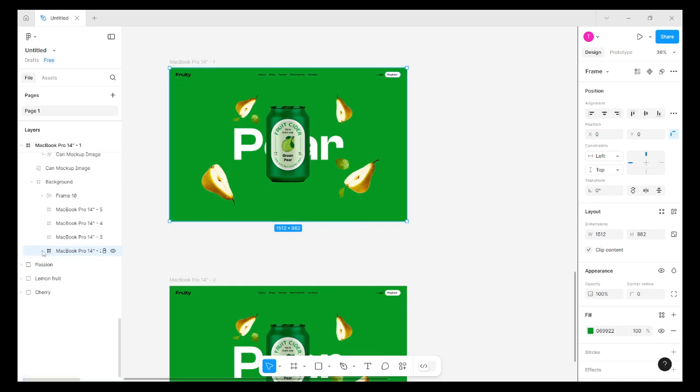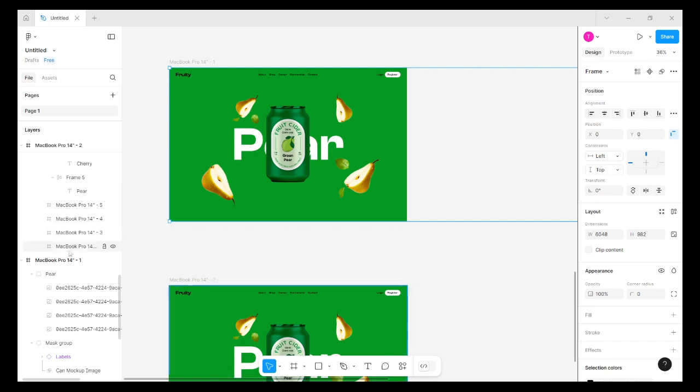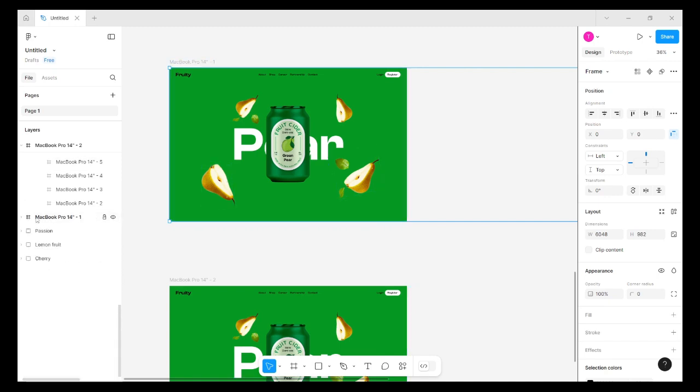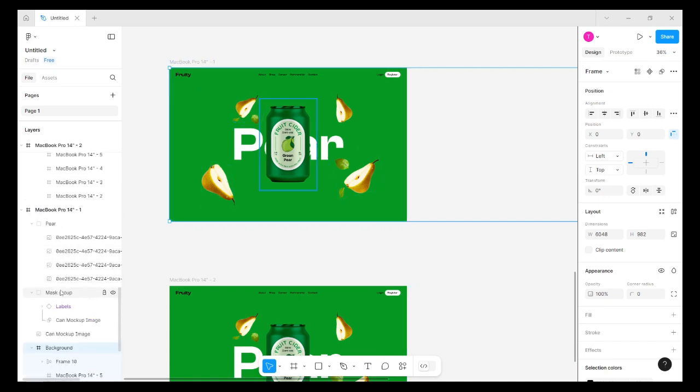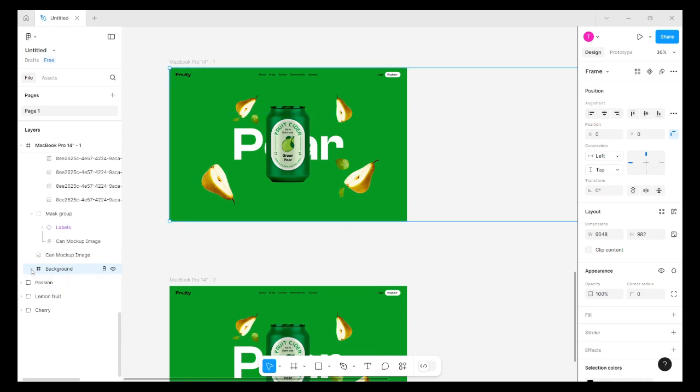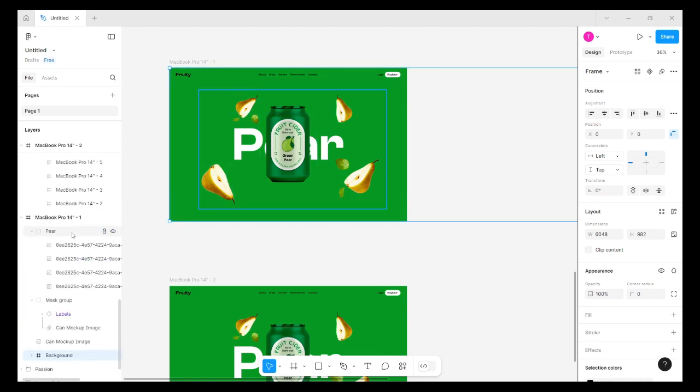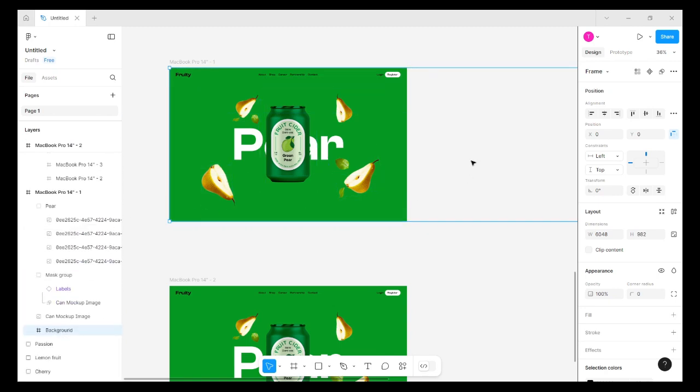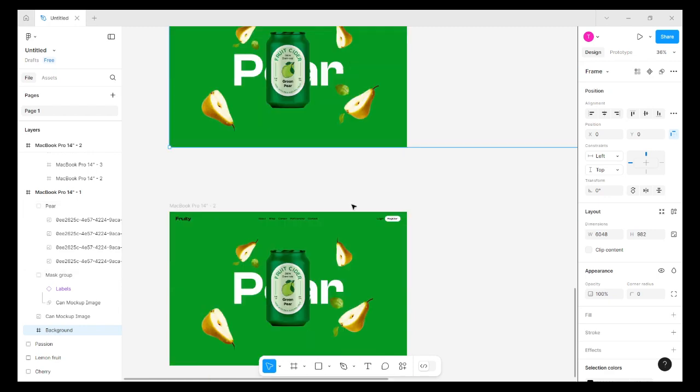This MacBook, I have it mixed up somewhere. Alright, yeah. So this is correct. Our background should be at the bottom, and then it's aligned to the right. On the next page,